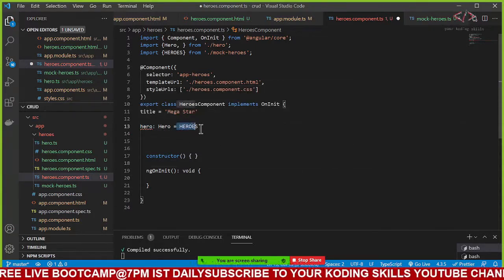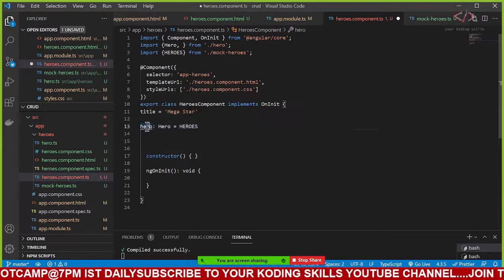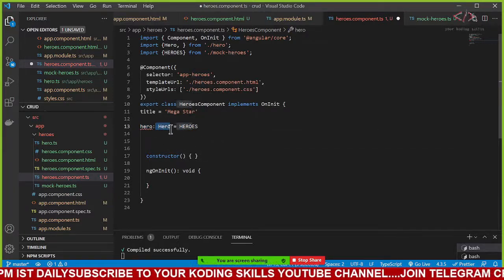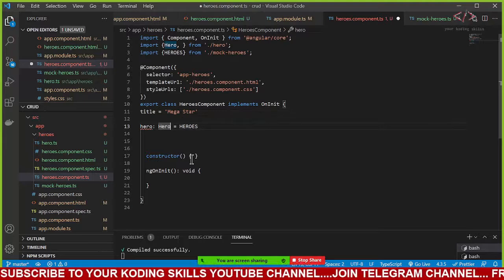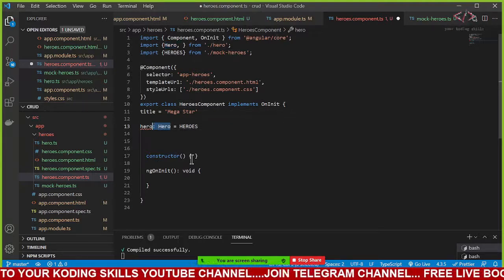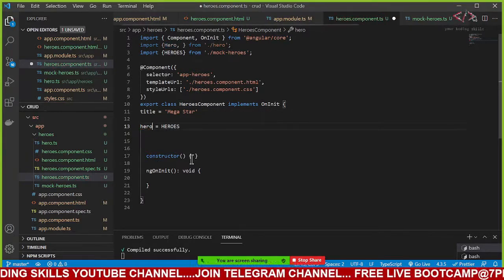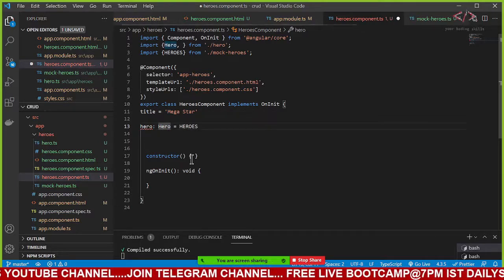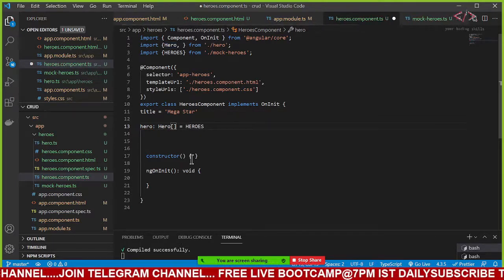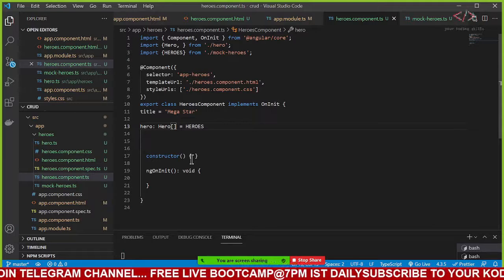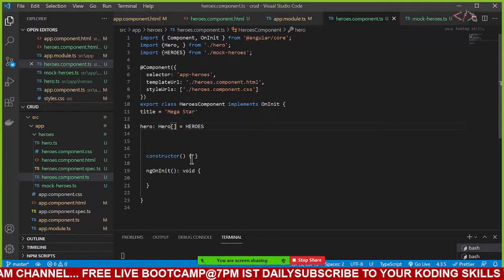You are assigning an array to a variable of type hero. If you're not declaring this hero, it won't be a problem. But if you're adding that, you need to mention it as a hero array. Trust me, today is the first time I understood what is interface.